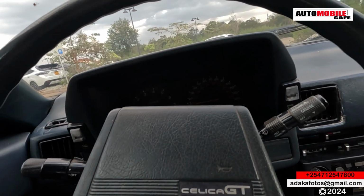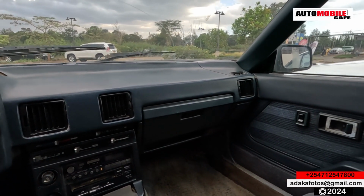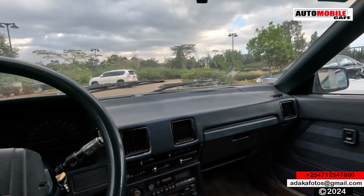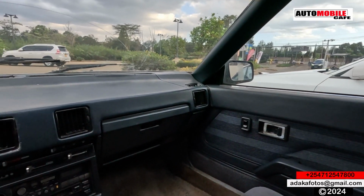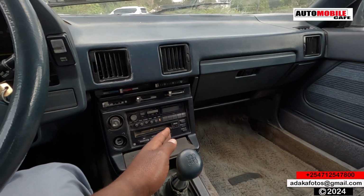This is an American spec. That's why it's actually a left-hand drive. As you can see, this Celica is so similar to the Celica that I usually show you guys, the one that I usually do the project in. It's actually the Celica on that end, but this was the generation before that Celica on that other end. So basically it is a manual drive, as you can see, and has the same radio that came with the